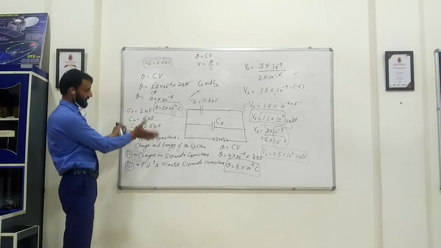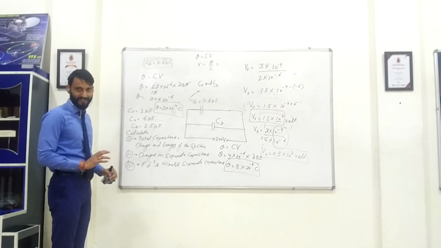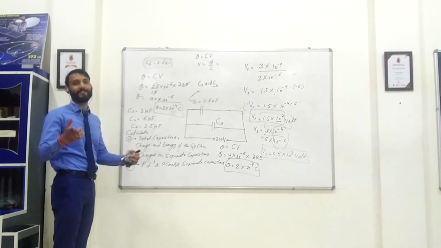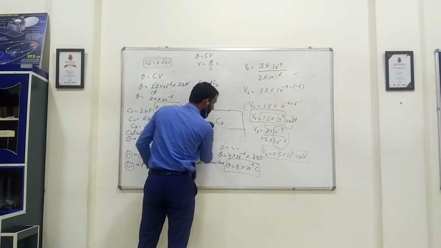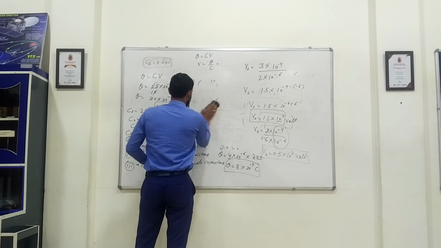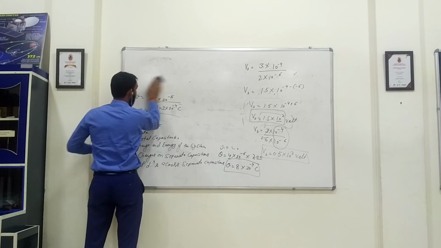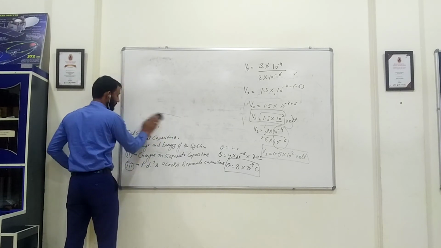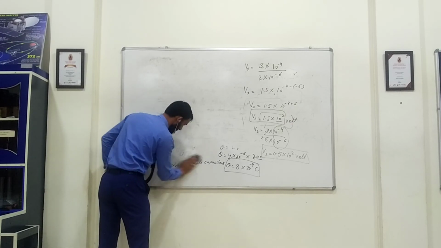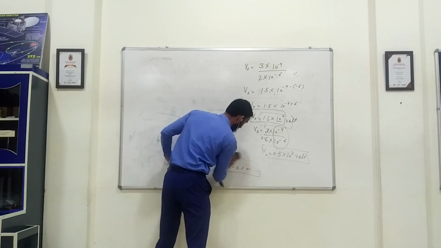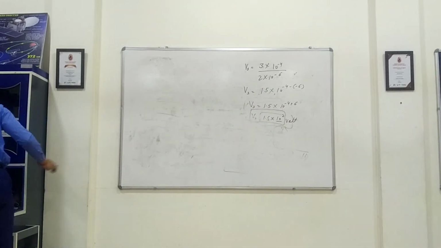So this was a typical, a difficult kind of numerical I have given. One more I'll give to you as homework. I won't show it to you right now. I'll give it to you as homework, and I'll give answers also. So you can discuss it with me in class, and also you can write your answers or queries in the comment section. I'll give you the diagram and the questions, and it will be of a similar kind.